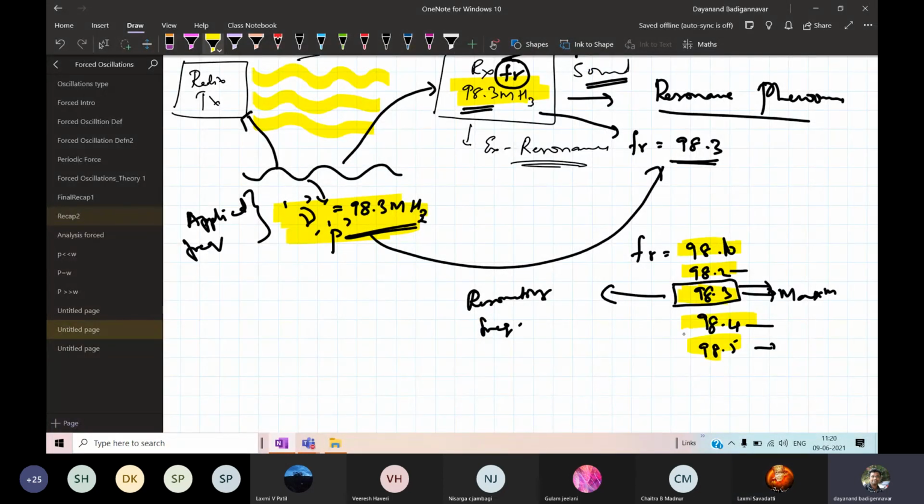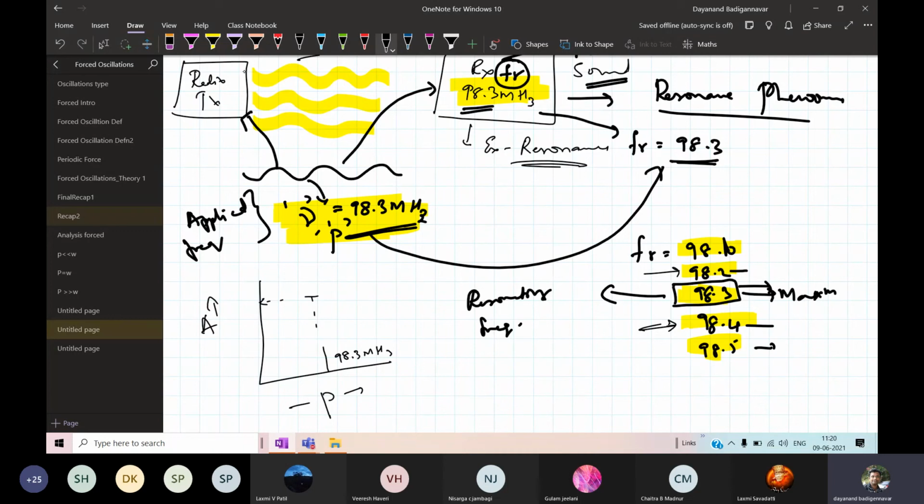Because it is not satisfying the condition for a resonance. Therefore, you are not getting the curve. Okay, so you get the values, you get the sound, but the sound is not clear. So the curve should be very sharp. Okay, so here if I plot the graph for this, this is the amplitude of the sound that we get from the radio receiver. This is the frequency. So at 98.3 megahertz, the amplitude is maximum. Okay, like this. Got it?